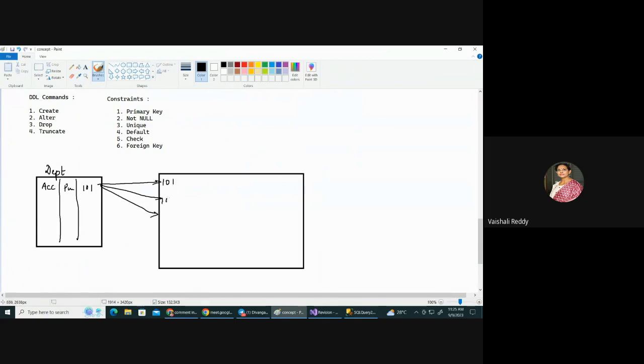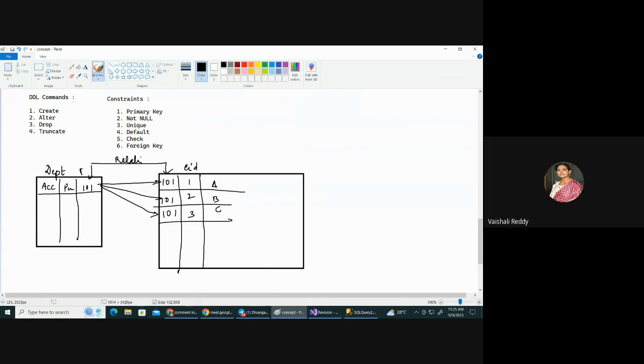So their department ID will be 101, 101 like this, right? This is suppose employee ID 1, 2, 3, A, B, C. So all these employees are associated with the department. So to establish the relationship between two tables,